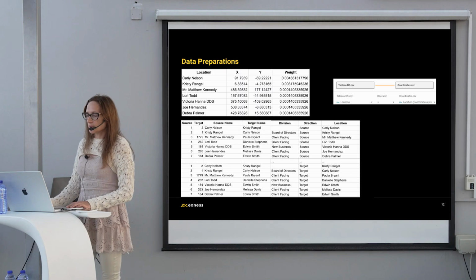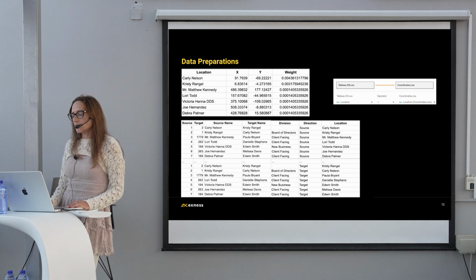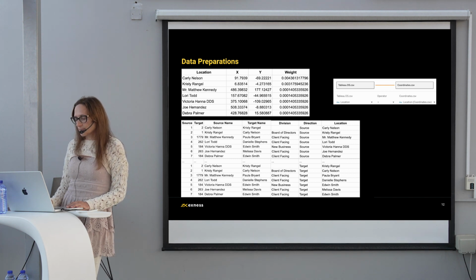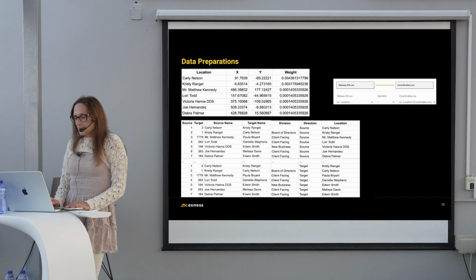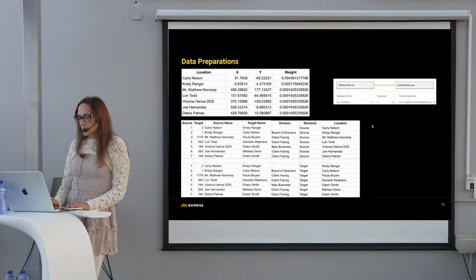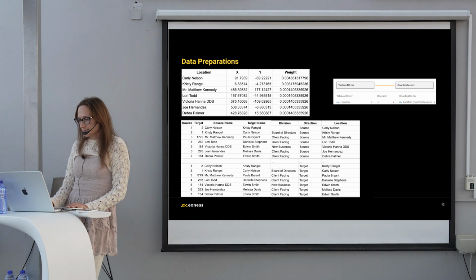Source name is the employee who voted, and target name is the employee for whom they voted. In the direction column, we have source and target. We need this to draw lines in Tableau. These two data sets are joined in Tableau using the employee field from both data sets.